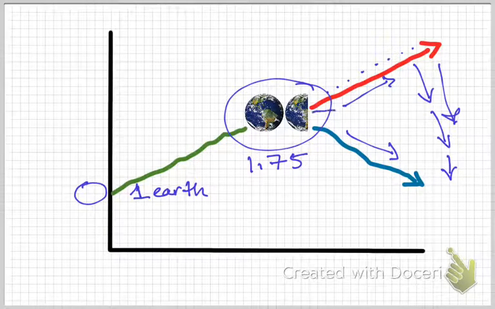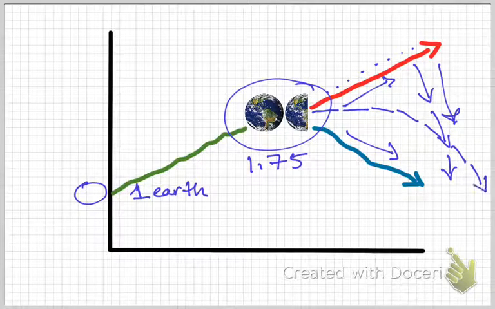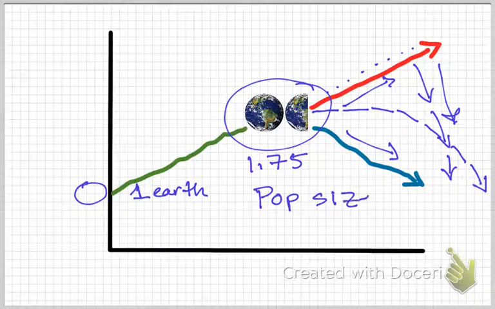So if we can just decrease this rate of increase of the footprint, we have a much greater chance of bringing that down to that one Earth, coming back down to what our carrying capacity is. And that's this combination. Again, because it's a footprint, it's a combination of both population size and the ecological footprint